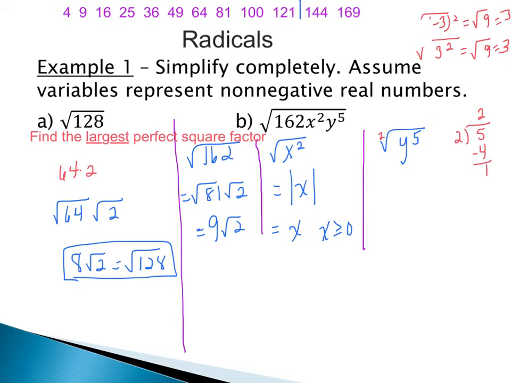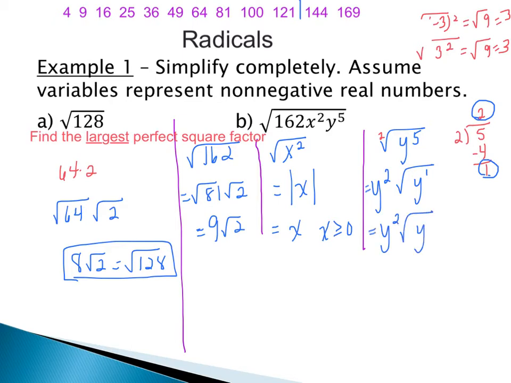Well, how that helps us is that the quotient that we got in our long division, this 2, is saying how many times the root goes into your exponent. Well, since it goes in 2 times evenly, I can rewrite the square root of y to the 5th as y to the 2nd. That power of 2 came from the quotient that I just found. And then my leftover is the remainder, saying that I can have the square root of y to the 1st, or just y squared, square root of y.